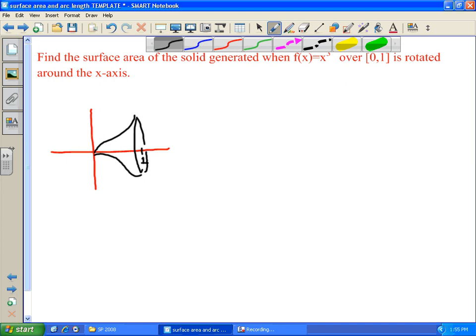And because the rotation is around the x-axis, when you select one of these frustums of the cone, the radius of the rotation basically will be the same as your function, f of x. So the formula becomes surface area equals, so our radius is going to be replaced with f of x because rotation is around the x-axis, and then we have 1,